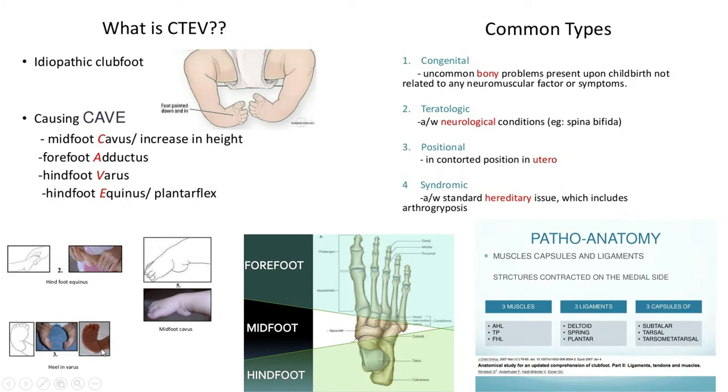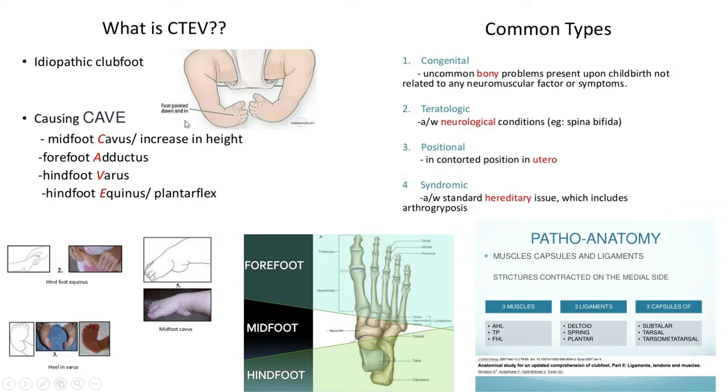This is called varus. So this is the main deformity of this talar or heel part. Now, if we look at it from the side, we can see the equinus or plantarflexed position of the foot due to contracture of the ligament and tendo Achilles insertion. So it is also a deformity in the hindfoot. It is called equinus deformity. So as a total, it is called congenital talipes equinovarus deformity.